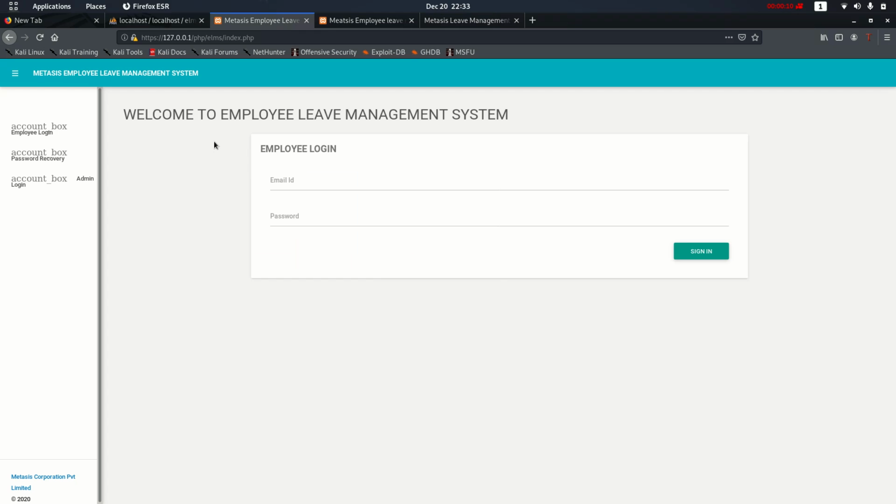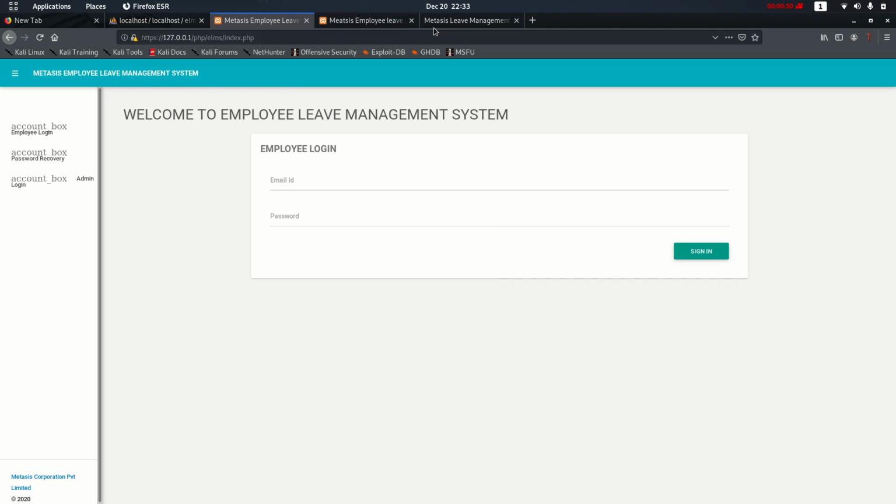So today we are going to discuss my project, the Employee Leave Management System, for the subject Secure Web Programming. The motive behind developing this application was to understand the basics of security fundamentals and delve into the depth of secure coding practices. In order to give the gist of this application, the main objective was to provide an easier platform for all the employees in the private or corporate sector to apply for leaves.